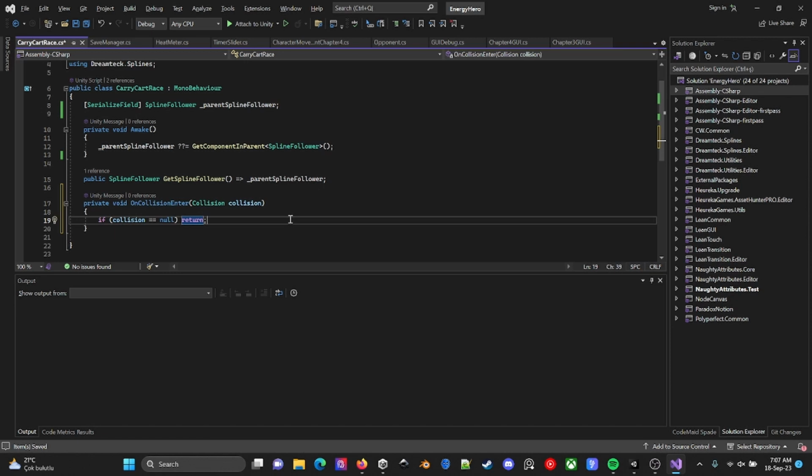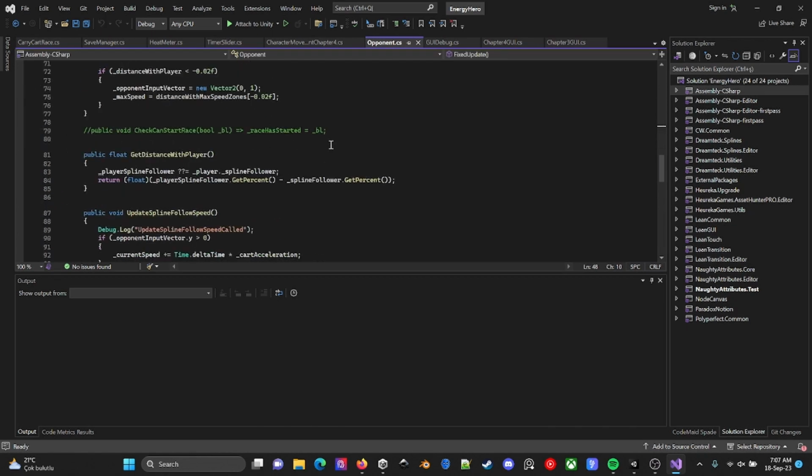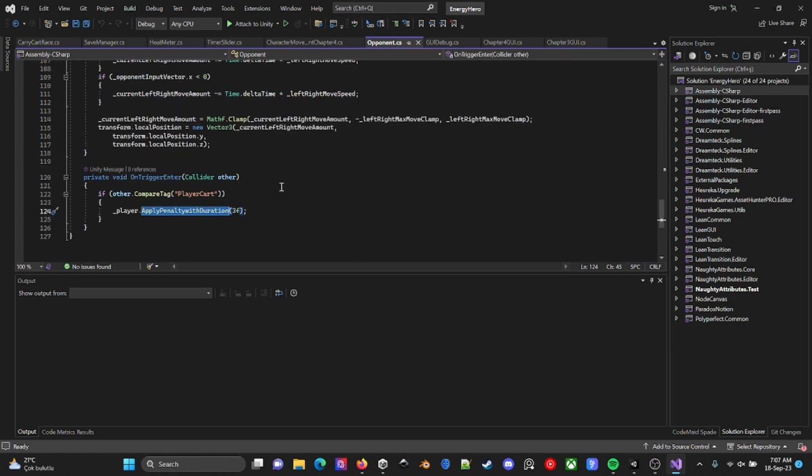So I remember that I had implemented a collision for my main character, or maybe an opponent. Maybe I do not remember it correctly, but this should have, yes, apply penalty with duration. This was in the opponent.